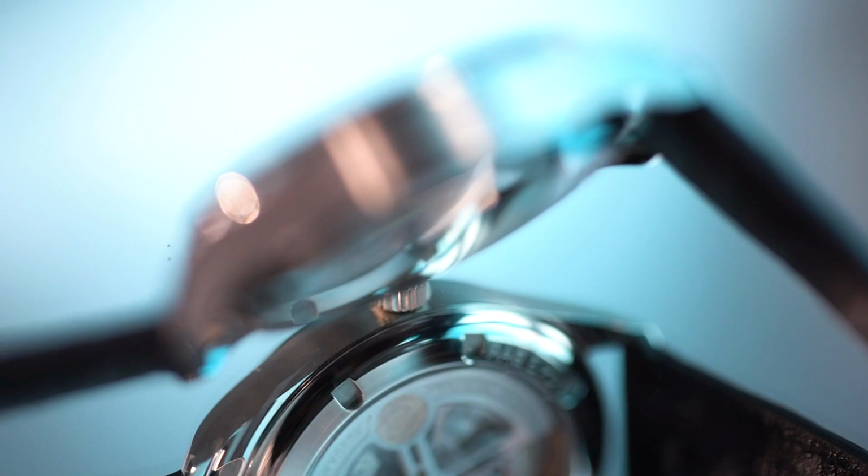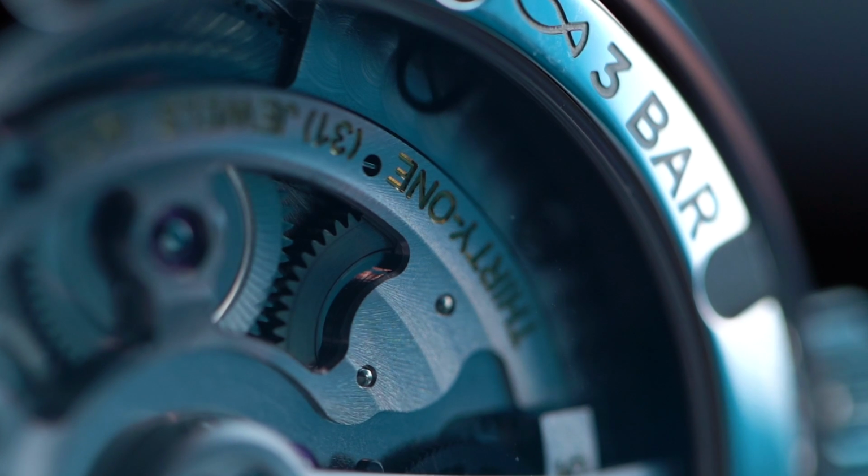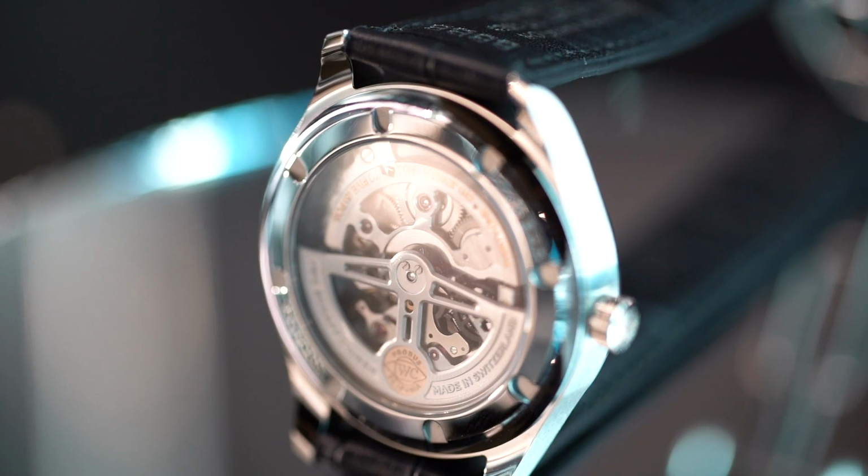So apparently it is based on the IW358308 movement, but that's very far away. It absolutely feels and looks and ticks and has the quality of an in-house movement made by very good engineers at IWC. And to get even more technical, it has some high-tech parts, like the ceramic composite for reliability and longevity, including the pulse, the automatic wheel and cam. But that's not all. They actually have something called the Peloton winding system, which is...